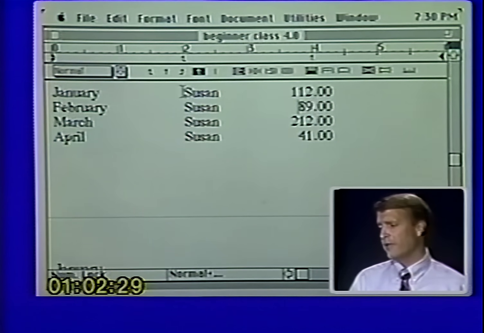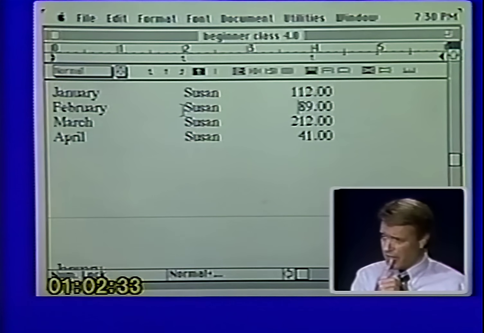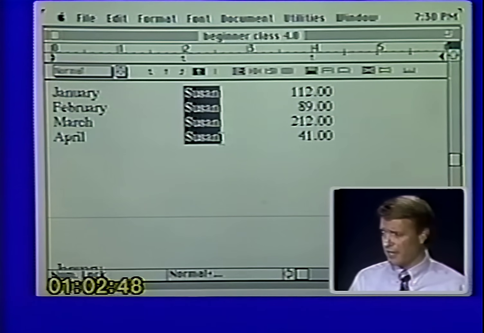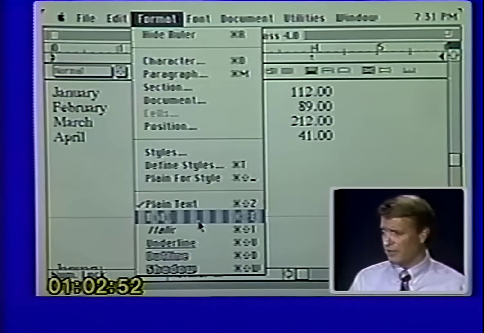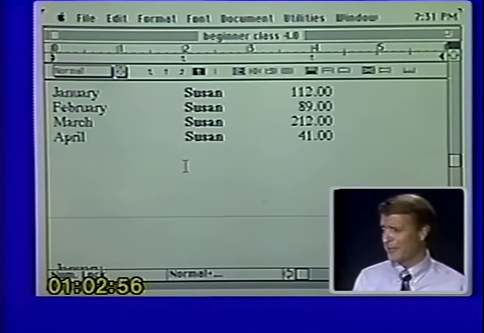Let's say right now if I wanted to make, as I look at my report here, I look down and I say, you know, Susan would look a lot better if that was in bold. Now used to, I would have to come over and I'd have to highlight that one and go up and select bold, and then highlight that one and go up and select bold. Now all I have to do is hold down the Option key, and you'll notice that I can select all 4 Susans at once. Now I can go up to bold, and you'll notice now I have 4 bold Susans, which might be kind of interesting.